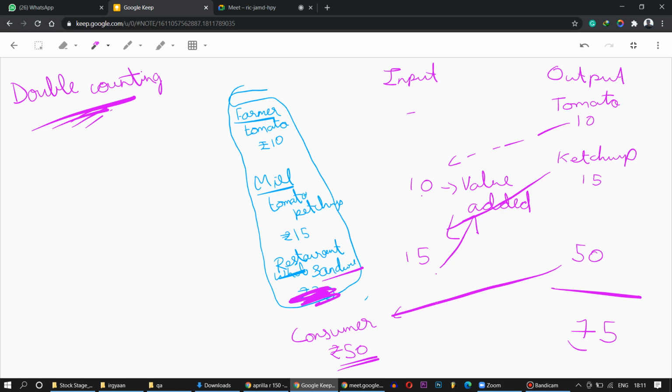To give a more clear example, 50 and 75 seems like a small amount, so you won't be able to identify the big difference. Let's take a farmer. Input, output. This difference, you write it down. This is a beautiful difference, and this was in the topper's exam paper. Farmer, input, output. Farmer makes wheat, and wheat is 1000 rupees.